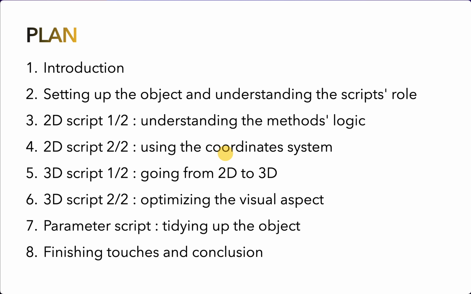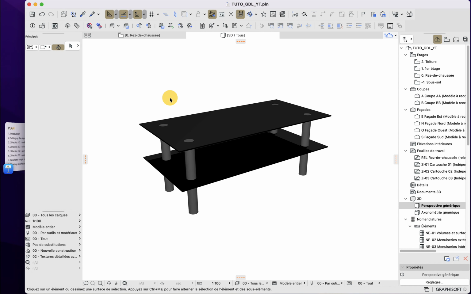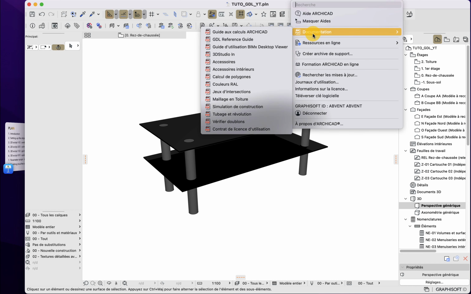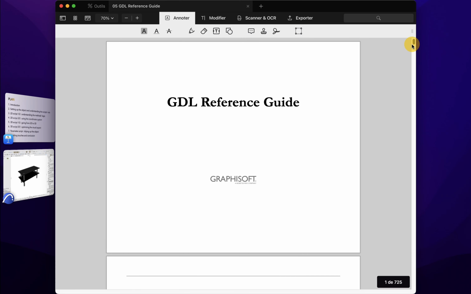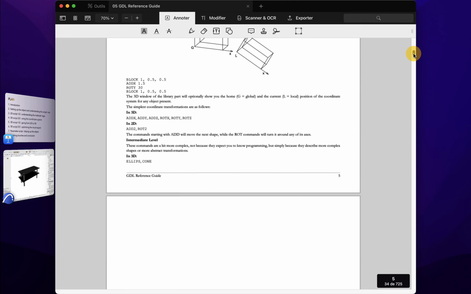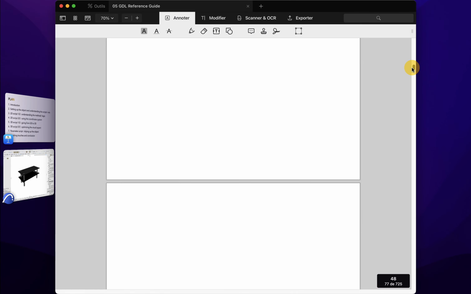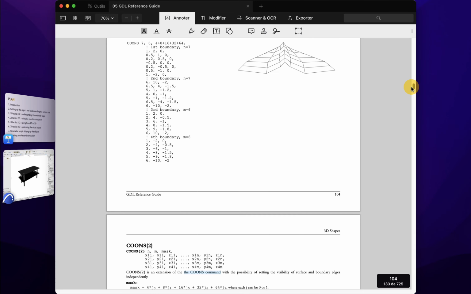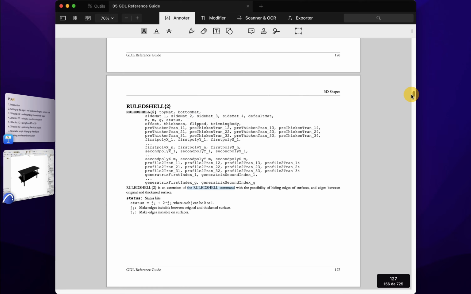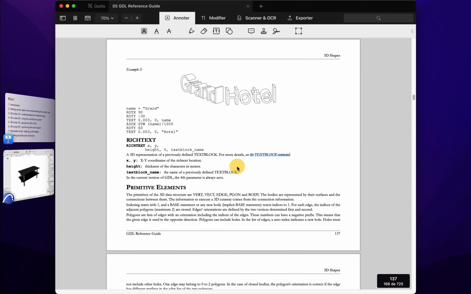So what we need for this tutorial, well, first obviously we will need the ArchiCAD software, and we will also use from the ArchiCAD help menu documentation, the GDL reference guide, which is basically the extensive documentation of the GDL programming language, and this will really be your best companion on this GDL journey.